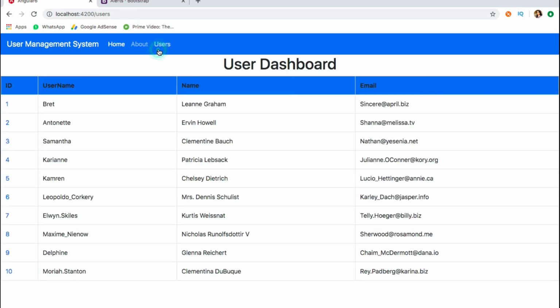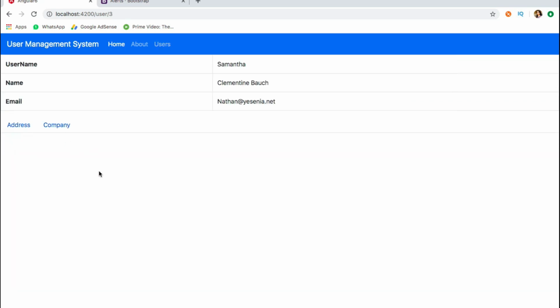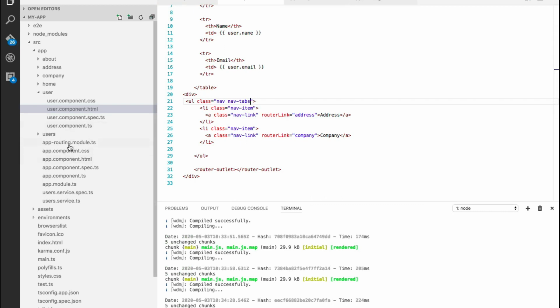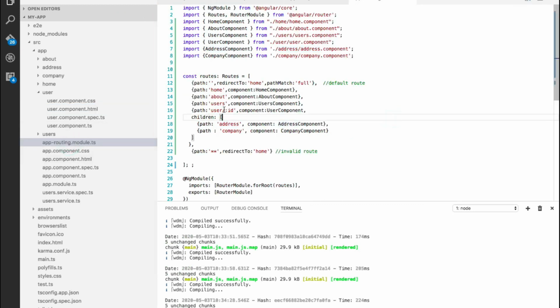But if you have observed one thing, when you move from users to user, it is blank, because when we are moving from users to user route, we are just displaying this. So if you check routing, when we are moving from users to user, we are just displaying the user component. But as we have learned, we have a default route as well.